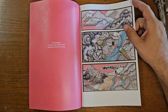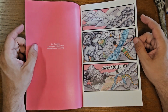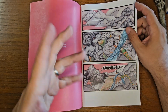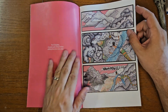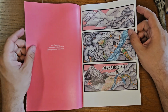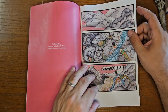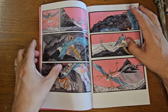But even taking that into account, he makes everything his own. He may take things from Aztec or Egyptian or whatever, but he molds it, he turns it upside down, and he really makes it his own. Which we all do as comic creators. We all take inspiration from things, and then we change it to what we think we would like to see. So this character is flying through the air, and there's rain coming from the clouds, and she's kind of flying around,